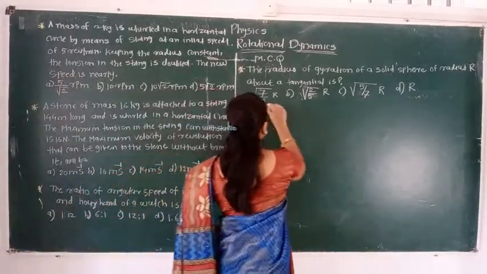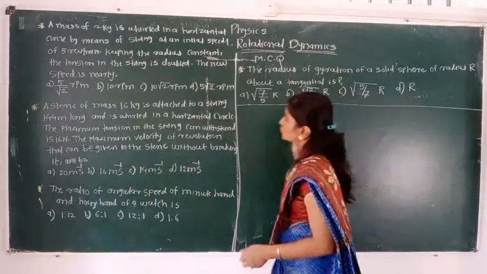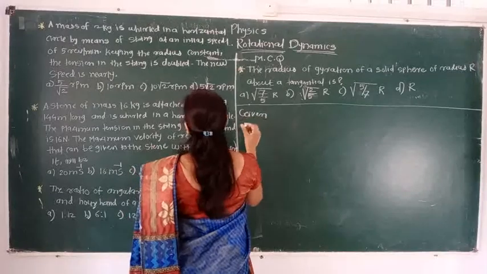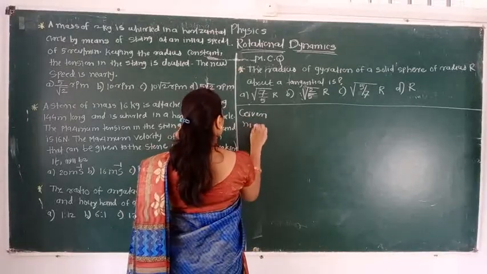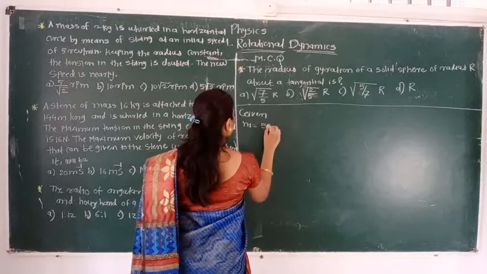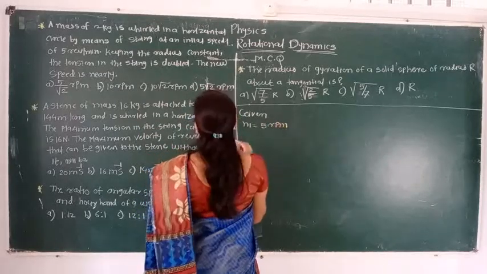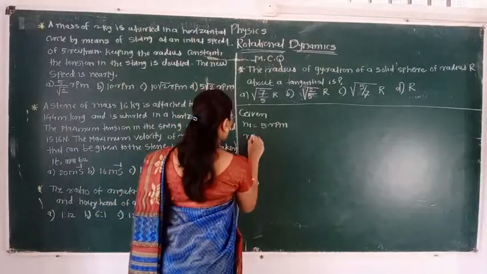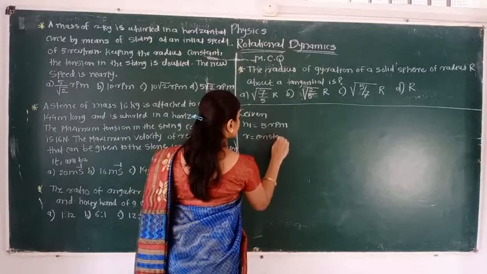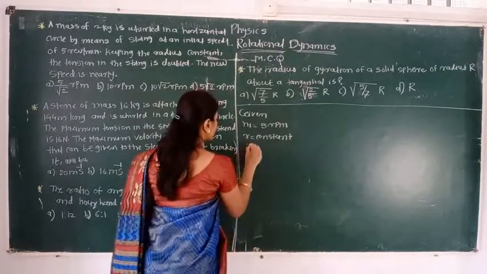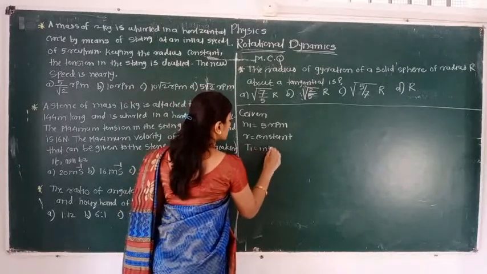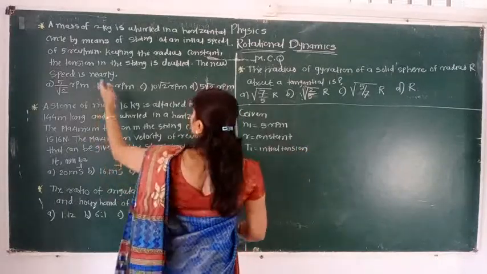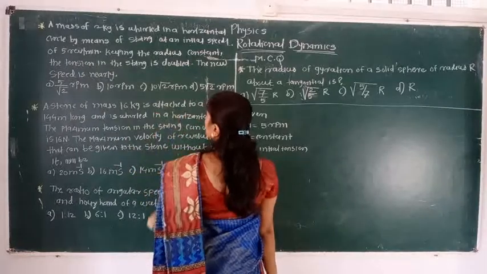Let me see whatever is given. As per the given, we are going to solve the example. What is given here: n1 is given, it is 5 revolutions per minute. Next, the radius r is constant in this case. Tension is given to us, so T1 is the initial tension. Here the speed is given in terms of angular frequency, revolutions per minute.